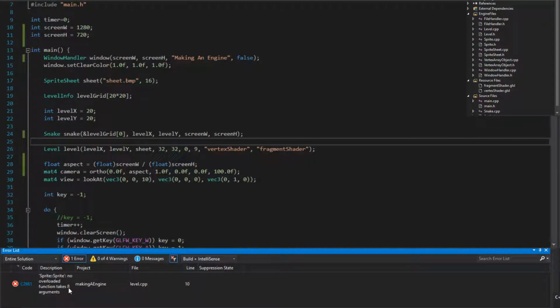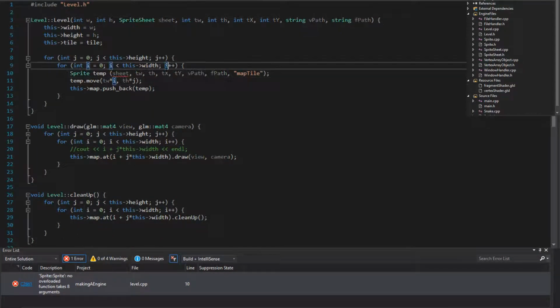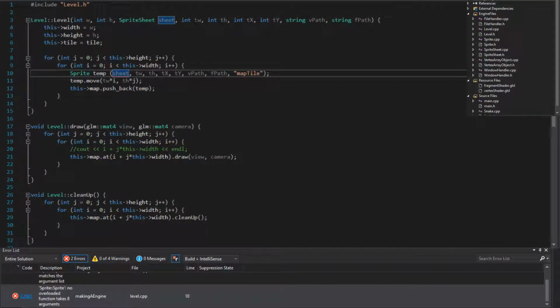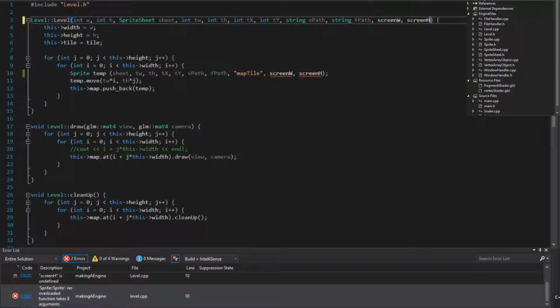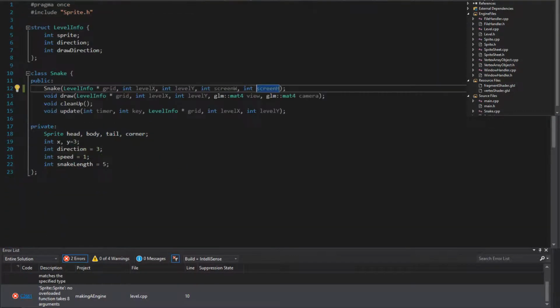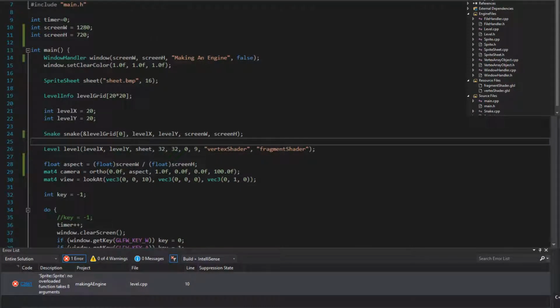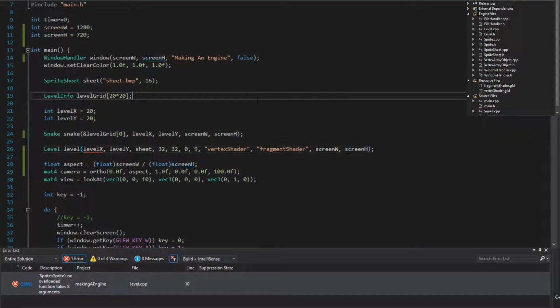What do you take me for? Sprite now overloaded takes 8 functions. Sprite for level. We need to pass this the screen width and the screen height as well. Okay. We're just gonna have to do this, won't we? This is gonna suck, because we have to do this and do this. Head over into here. Send level these as well,